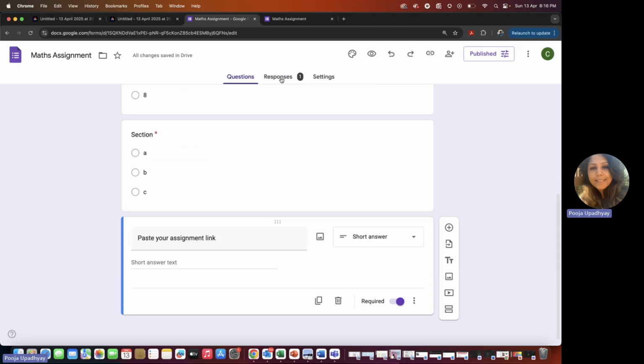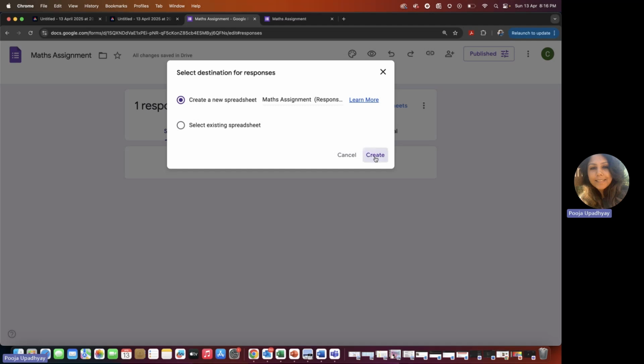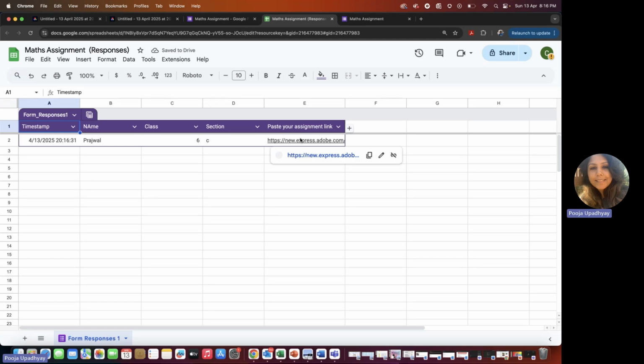And what you will see is that as soon as a student responds in the form, you will get the responses. Go to the sheet link and you can pick up the assignment link of the students from here and submit it back to us. Okay. So this is one smart way of doing it. I'm sure it'll be easy for you now to create a small assignment for the students and give it to them. And then I've also shown in this video how they can return it back to you and you can monitor their progress. So this is one simple way.